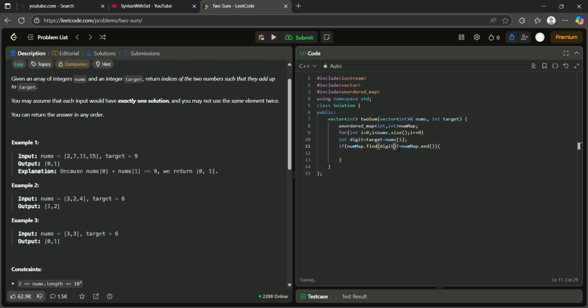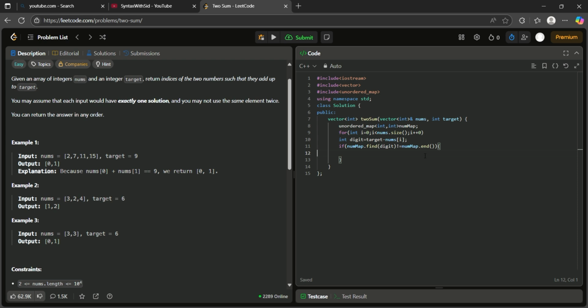So the digit is going to be in the map, right? And if our map is not empty, means this digit in the map, this whole line means that our map contains this digit, means numMap dot find digit not equals to numMap dot end, means till the end of this map we have our digit. Okay,